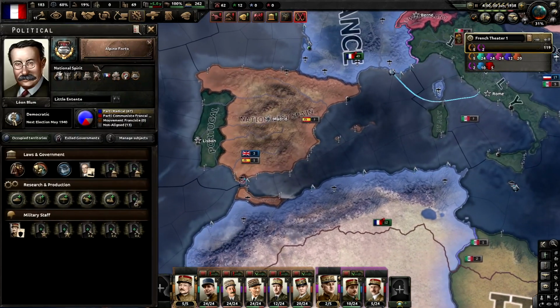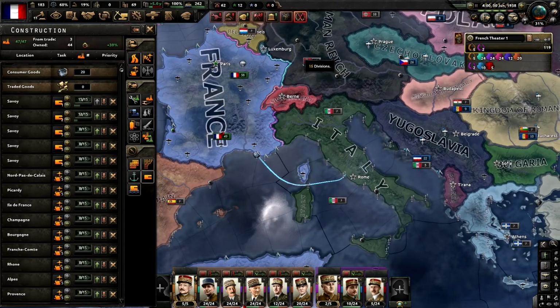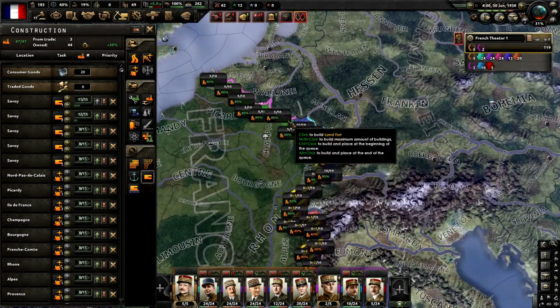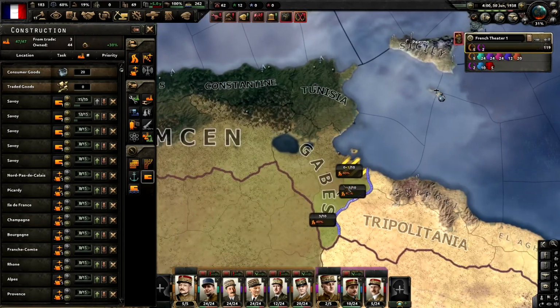And since the fortification focus here gives a boost in land fort construction speed by 10%, that helps us out quite a bit. So by doing that, pretty much all of our forts are done. If I click here, you'll see that we've got 5s all the way up here. 5 is here. These guys are about to be done, and I've got my 3, and I've got 1 more